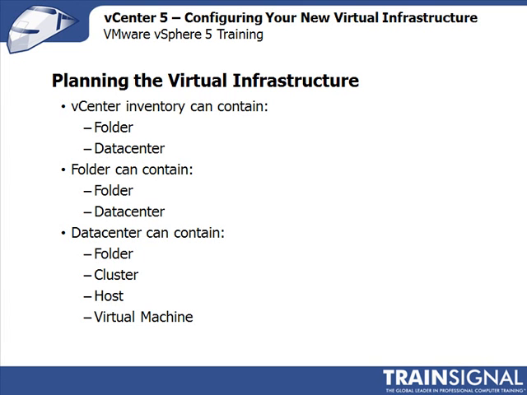Typically, unless you're a very global organization, the first object that you would create is a data center. Now, folders can contain another folder, so a subfolder, or a data center, as I've been mentioning. The data center is what can contain, again, folders can go up and down all the way, right? But that's what you can create clusters in, that's where you can create hosts, and that's where you can create